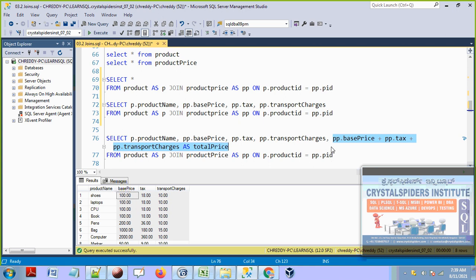Let's execute this one. It will display the product name, the three different charges, base price, tax, transport charges, and all this together, total price, is 128. So this is how we are going to display that.